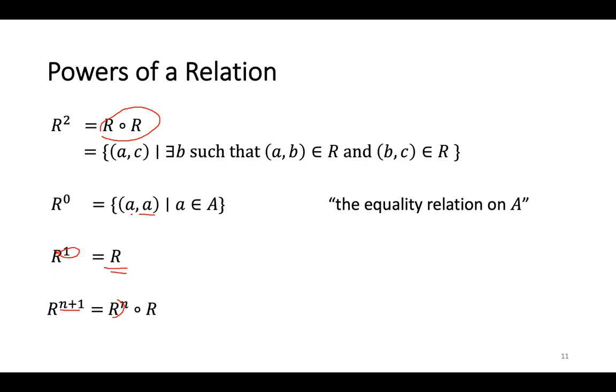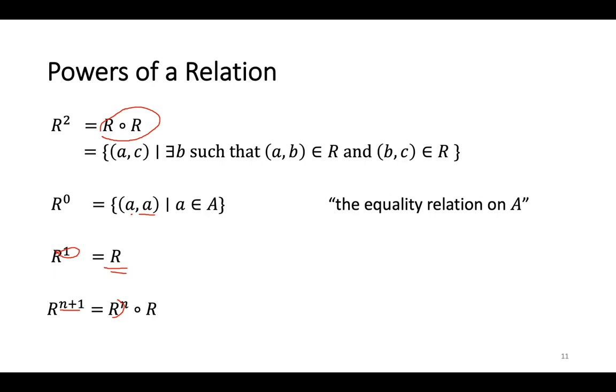So previously we have combined two relations into one. In this case, we can use a single relation to make another. R square is about R circle R. That means there will be AB in R and another relation BC also in R. We can make AC using it. And to the zeros, that is another relation. Actually, we have R, but